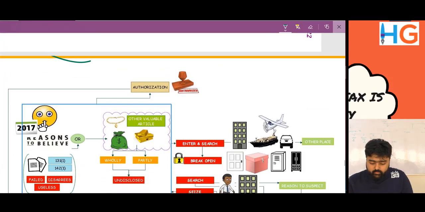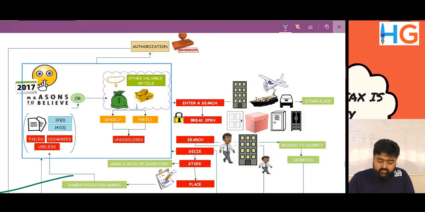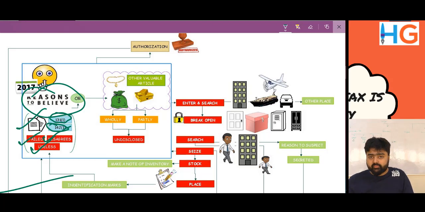It says when the authority has reasons to believe that the assessee has failed, disagreed, or provided useless information against documents asked under section 142(1) or a summon notice under 131(1).